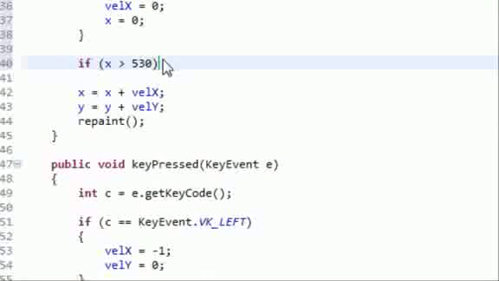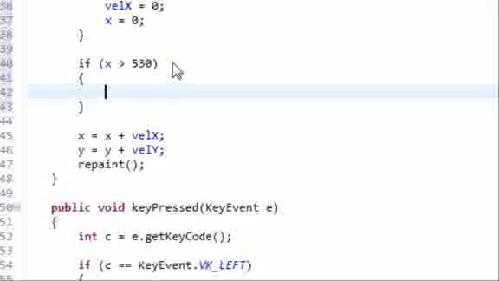This depends on your program. If your program is going to have a wall or something, then it's up to you. But this program will have 530. That's the maximum it can go. Anything bigger than that, then it will reposition